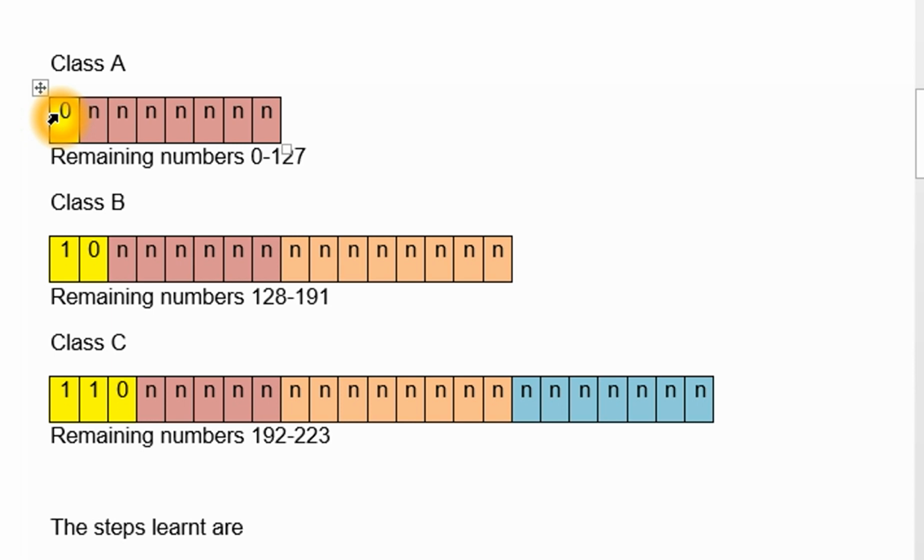So class A is just the first bit, which is 0. Class B uses the first 2 bits, and it's 1 and 0. Class C it's 1, 1, 0. So if you leave those aside as they are, what's really left for class A is 0 to 127, class B is 128 to 191, and class C is 192 to 223. It's just simply calculating from your binary numbers, you know what it all stands for. 255 is the total, and in this case